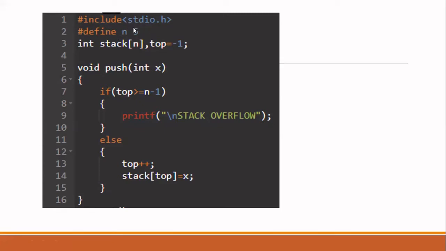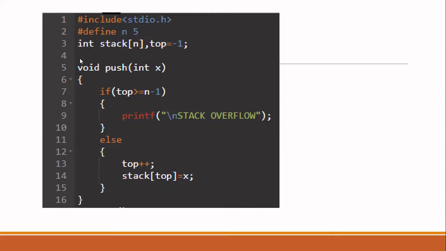That is fine. Any function can use a variable. If you don't declare it as a global variable, you have to explicitly pass it to all the functions. If you declare it as a global variable, there is no need to pass that variable when you call the function. Since it is in the global area, the functions can access it directly. So for that only, I have declared it as a global variable. If you feel that you don't want to declare it in the global area, you can pass that stack as an argument to your function. That is also fine. Try to test all the different ways to learn your programming skills.